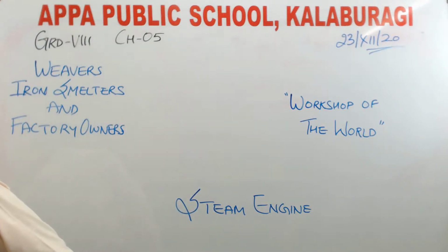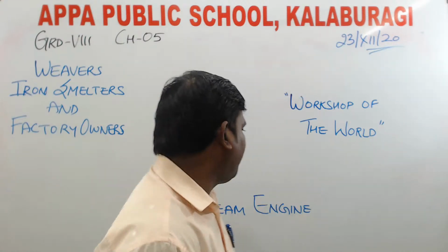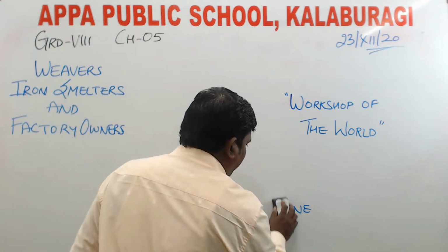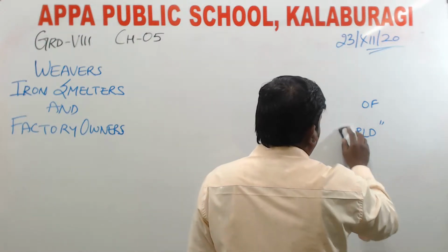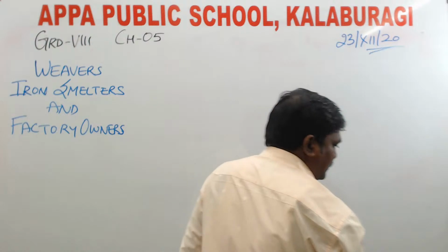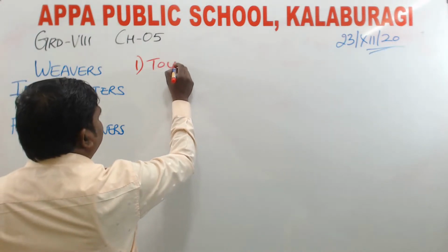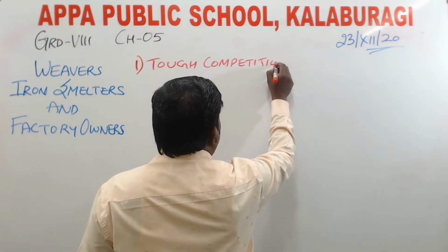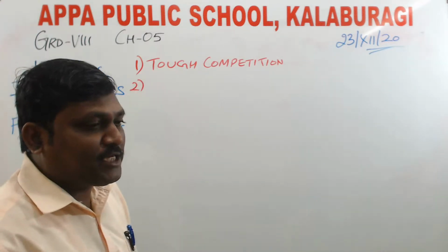So now the competition, tough competitions, these Europeans started to give because of the cheaply comparatively available, and also the cloths are made very fast, right? So as a result, they started to give the tough competition to the Indian cloths. Okay. Now this was the first one, decline of the Indian textiles. The first one is the tough competition. Okay, it's the tough competition. And the next one, let us see. And then next one, it's the export of